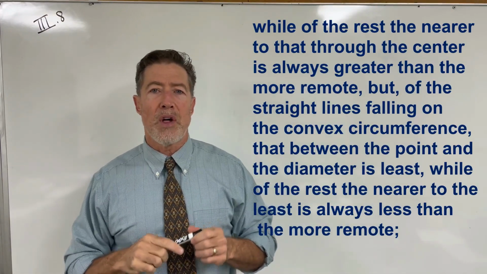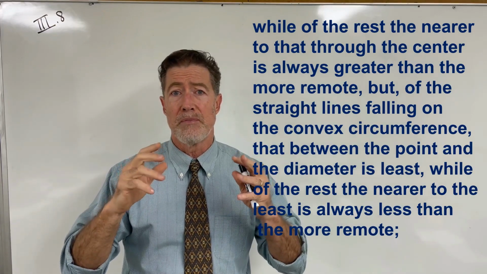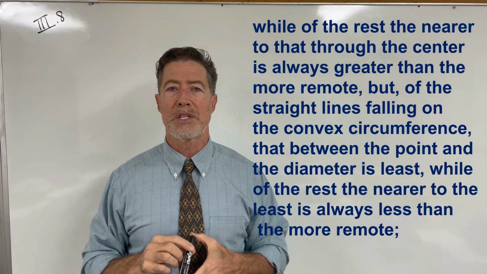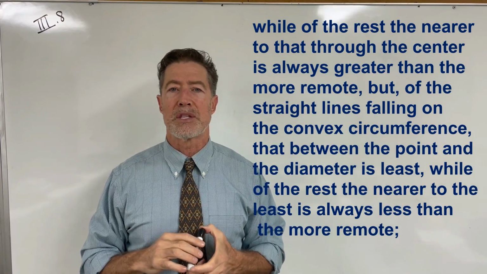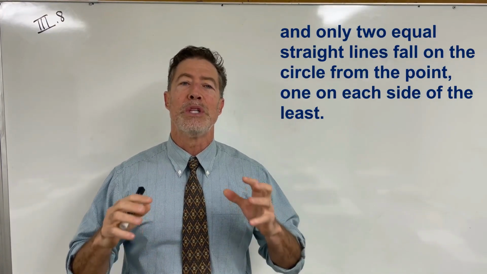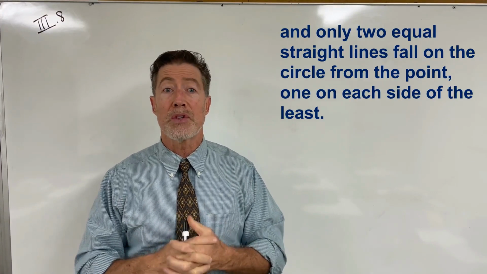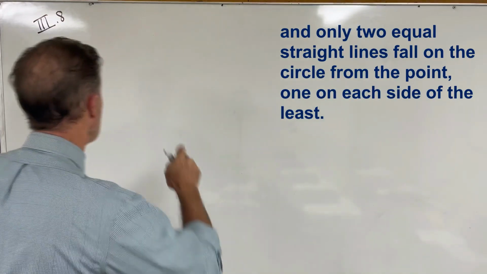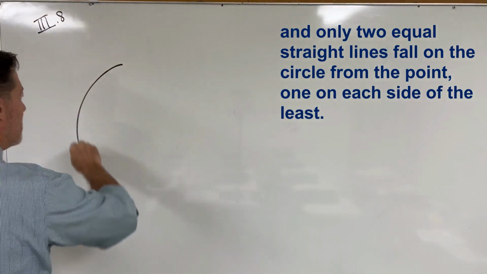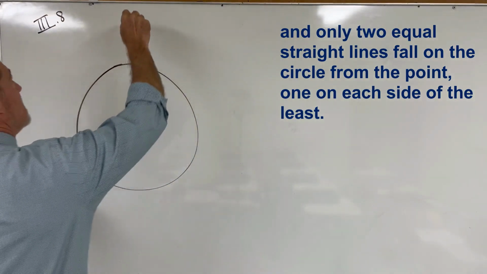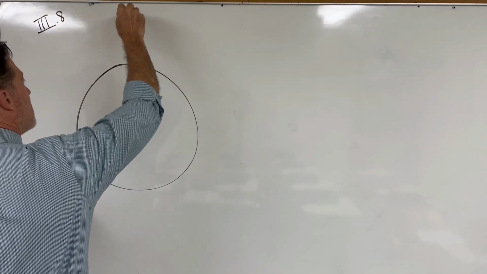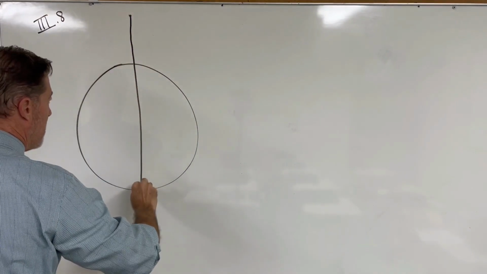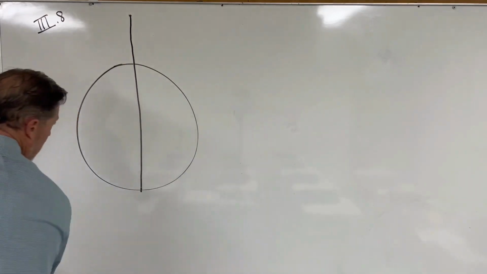But of the straight lines falling on the convex circumference, that between the point and the diameter is least, while of the rest, the nearer to the least is always less than the more remote. Finally, only two equal straight lines will fall on the circle from the point, one on each side of the least. So this is a massive enunciation, but basically if we take a point outside the circle and from that point lines be drawn